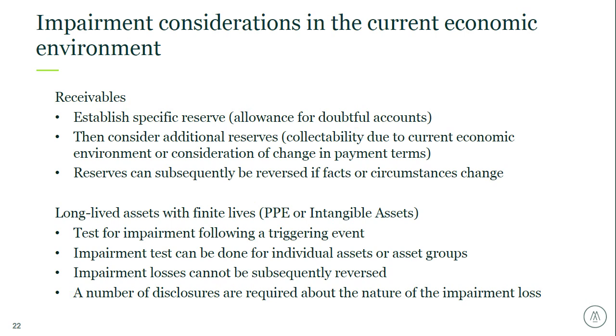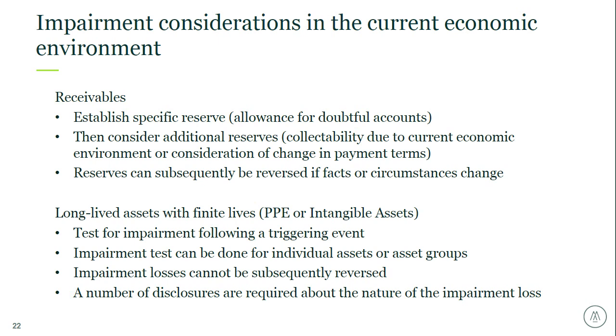So for your property, plant, and equipment, and also your finite-lived intangible assets, you'll want to evaluate for impairment of individual assets or asset groups of like kind. Your step one will be to calculate whether undiscounted cash flows are greater than the carrying value of the asset or group. And if so, then there is no impairment, then you can move on.